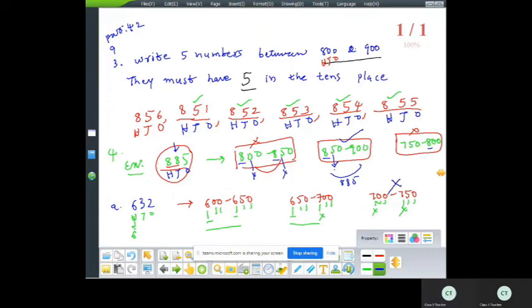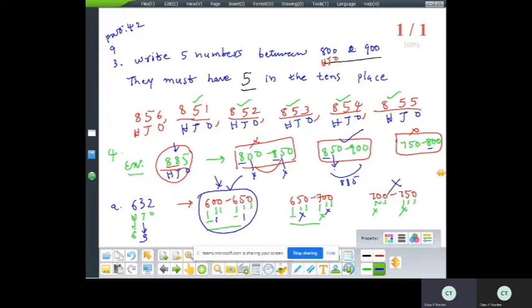32. Yes, the digit in the tens place is 3. There is no 3. Here 5, it is not correct. Here 0, it is not correct. Maybe our answer lies in between 600 to 650. If we read numbers from 600 to 650, we will get our correct answer 632 here only. 632 is in between 600 and 650. This is our correct answer.